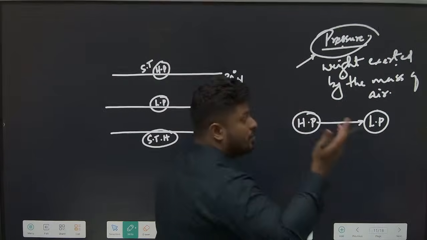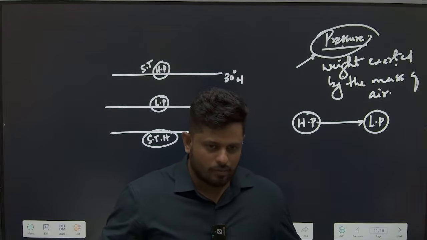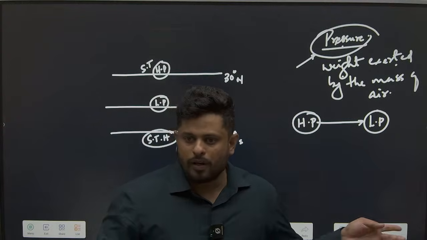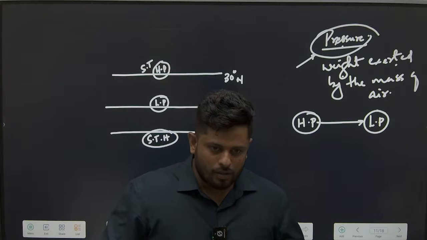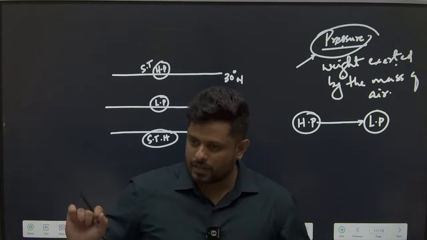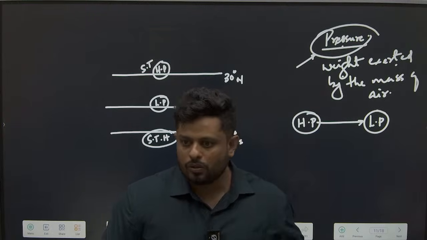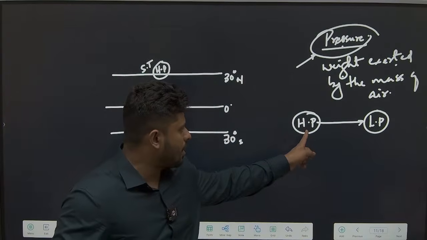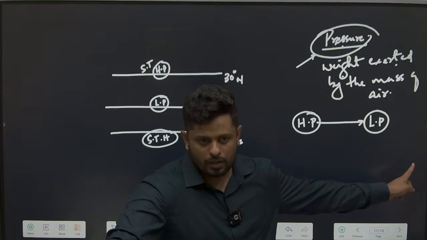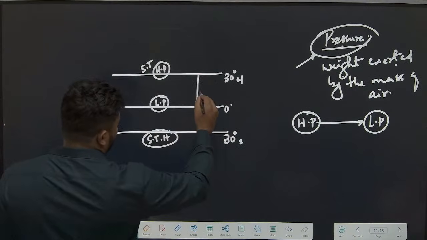So if the weight exerted by the mass of air is high, that is high pressure, there is more air here. Understood? If the mass of air is exerting less weight, that would be called a low pressure. So how can a wind movement happen from a zone of deficit to a zone of surplus? Can it happen in that way? It should always happen from a zone of surplus to a zone of deficit. Higher mass, higher composition of atmosphere is here. From high to always low. Please try to understand this. Winds always move from a region of high pressure to low pressure.